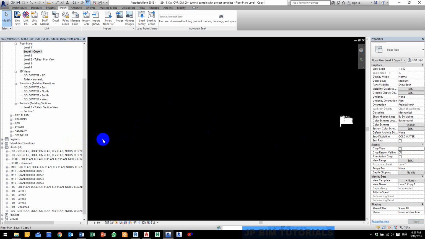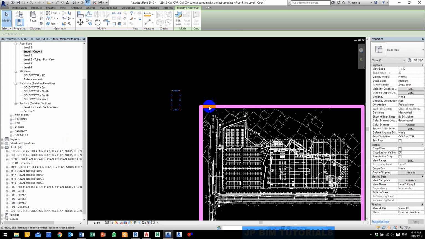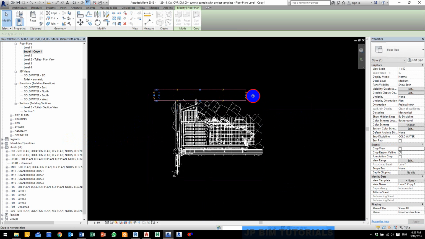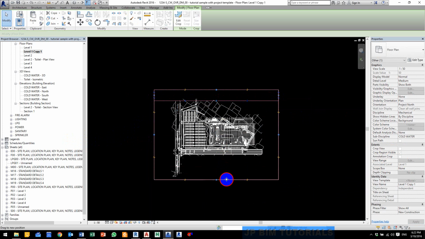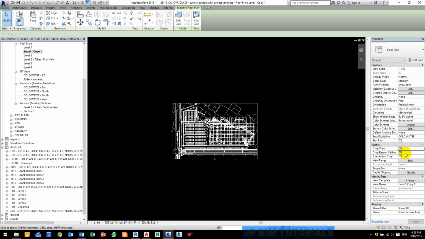What I'm going to do is select the crop region over to this end and just increase the crop size so that it's cropping around our site plan. Crop the view and untick the crop region visibility. Now I'm going to open our P00 site plan